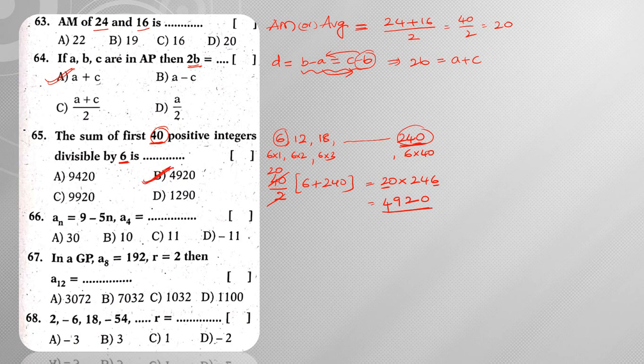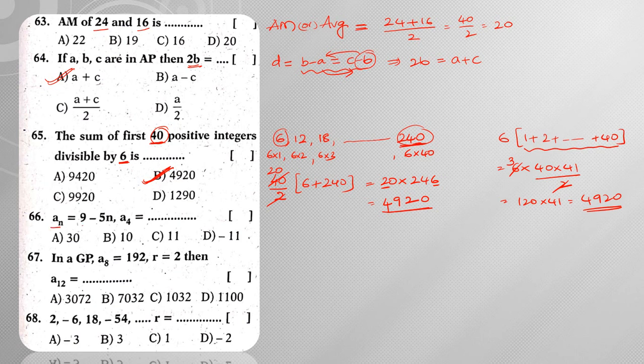So directly you can write it like this. Otherwise, what we can do is take 6 as common, then I am going to have 1 plus 2 plus and so on plus 40. Now this term in the brackets I can write as the sum of first 40 natural numbers, which is 40 into 41 by 2. In 2 table, this goes 3 times, 3 into 40 is 120 into 41. When you multiply, you get the same value, 4920. So these are two approaches. Whichever one is easy, you can follow.